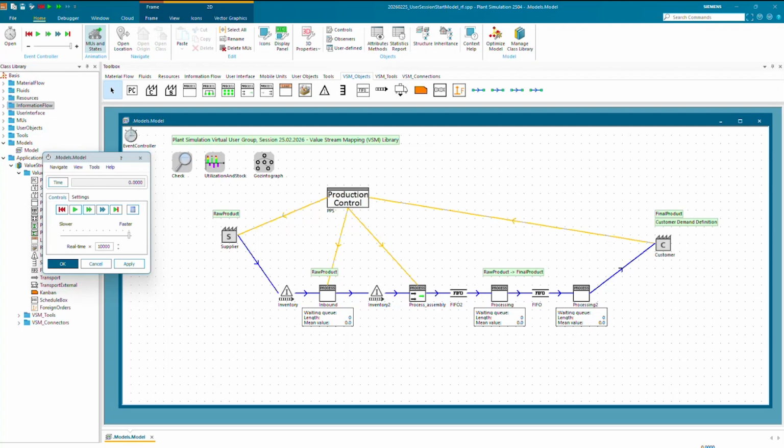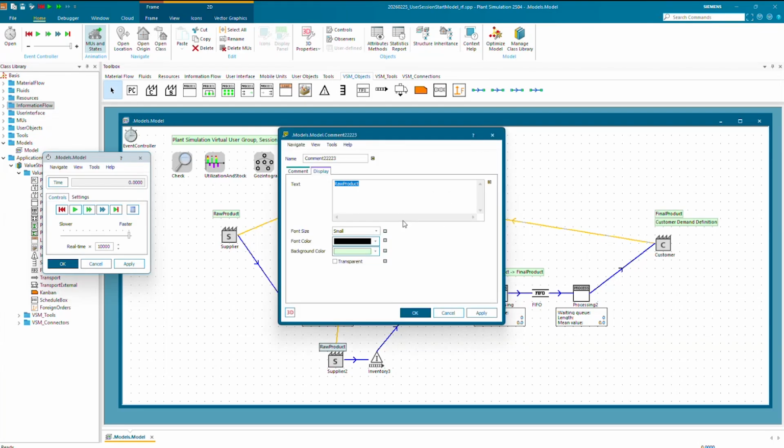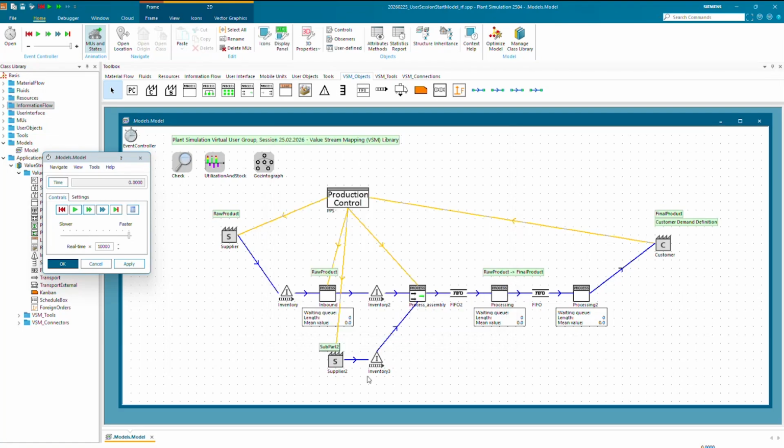So we could do something like this here as well, and have another supplier here as well. So we would connect these with material flow and also connect it with information flow. And right here, we wouldn't have a raw product, but we would have something different, maybe a subpart 2, which is then integrated and added to the assembly station right there.